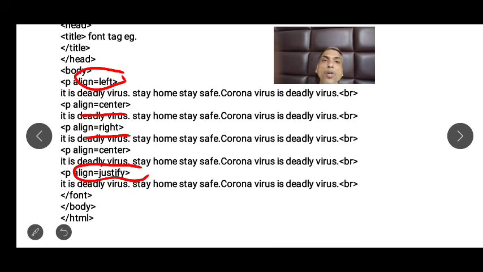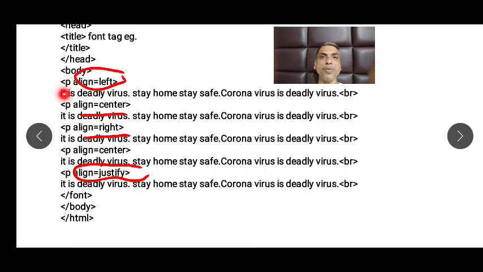So I have tried all the values with the align attribute. The statements are the same: it is a deadly virus, stay home, stay safe, coronavirus is a deadly virus. Every time I have used different values with the align attribute of the paragraph tag.